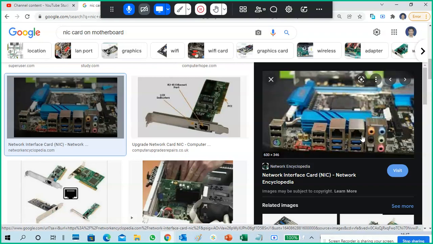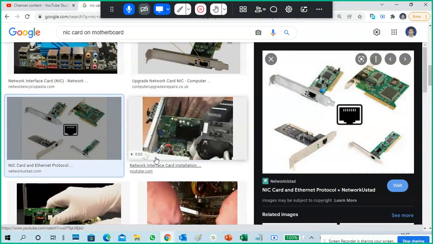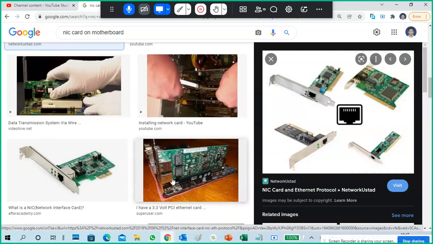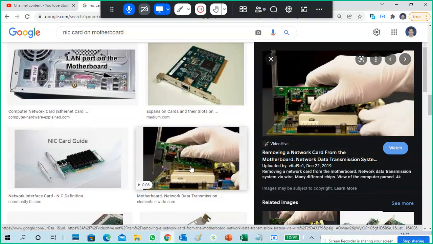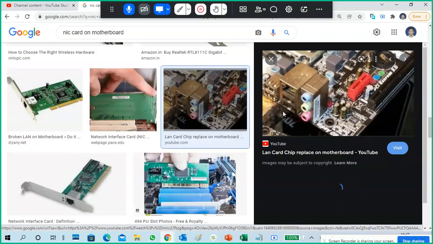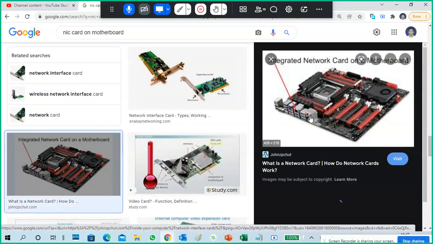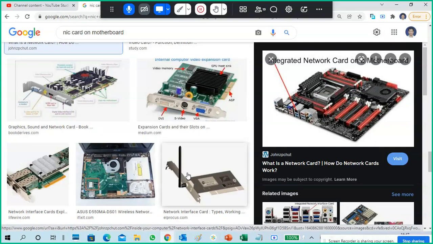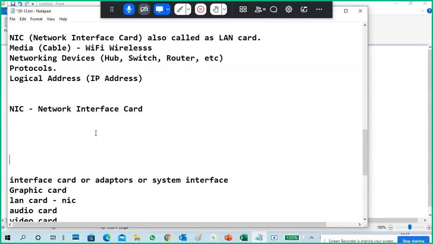This is onboard, meaning on the motherboard, the LAN card is there directly. No need of inserting. Earlier days, it was compulsory to insert a LAN card for a LAN connection. On the motherboard we didn't have LAN cards, so we had to insert one earlier. Now it is not required. On the motherboard itself we are getting a LAN card, at least one connection, one LAN you are able to use. So that is your LAN card on the motherboard.